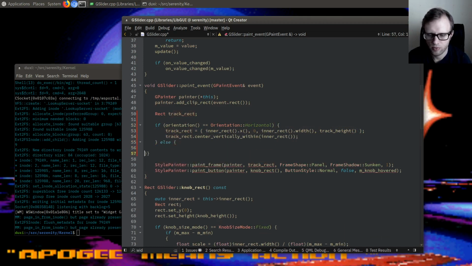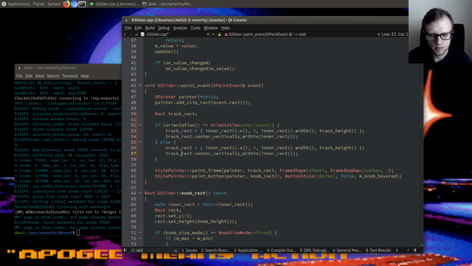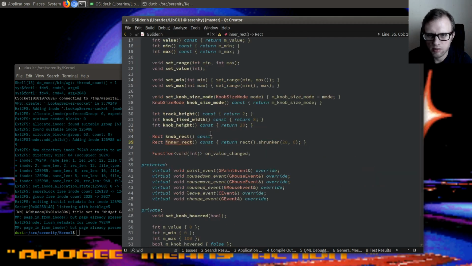Otherwise, we do the same thing, except we're going to center it horizontally within. And it's also going to be, wait, so what is the track rect even? It's the inner rect. What's the inner rect? Okay, it's just the inside of the,